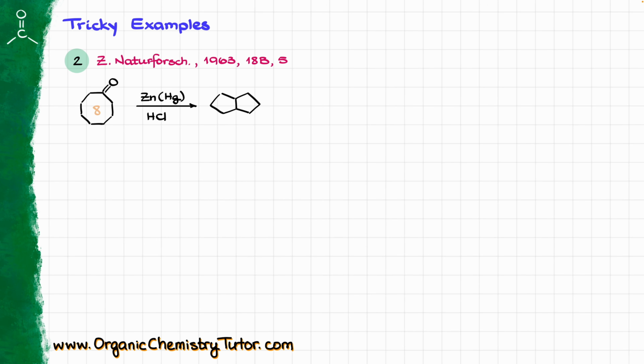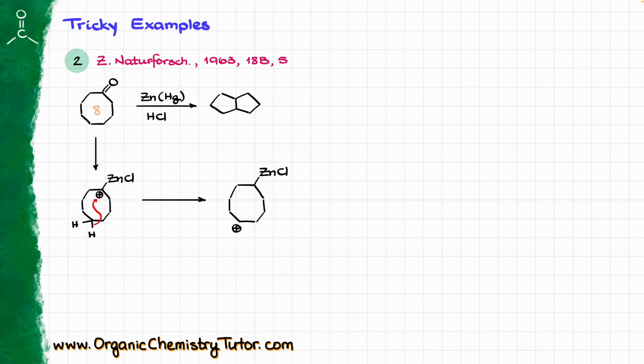Another interesting consequence of our mechanism, as I've mentioned before, is carbocation rearrangements. So here is a fun example where I'm starting with a cyclooctanone, I'm subjecting that to the Clemmensen reduction conditions, and as a result, I'm going to end up with a bicyclic compound. And if I think through the mechanism of this reaction, what happens first, we are going to get all the way to this carbocationic intermediate with zinc, but from here, we are going to take one of these hydrogens all across the molecule, and one of those guys is going to migrate to the position where we have our carbocation,